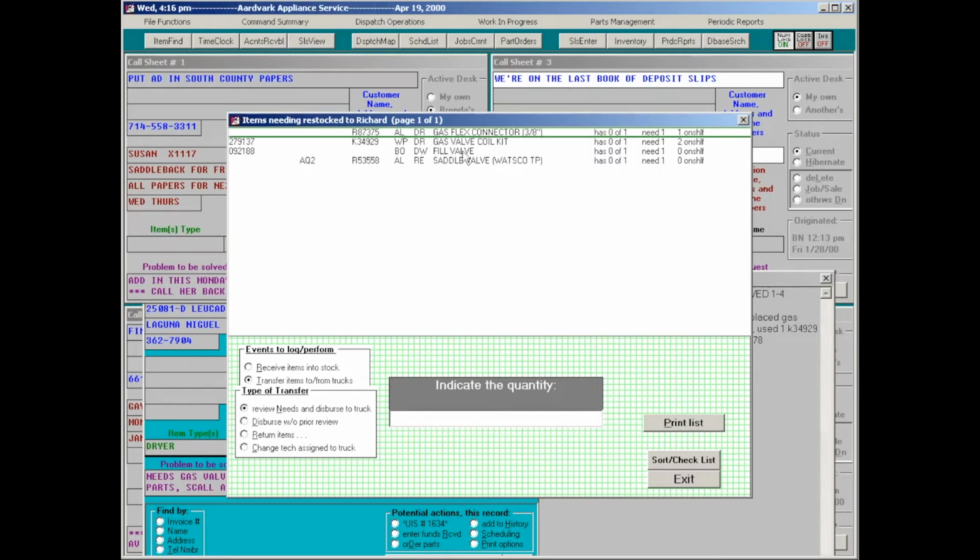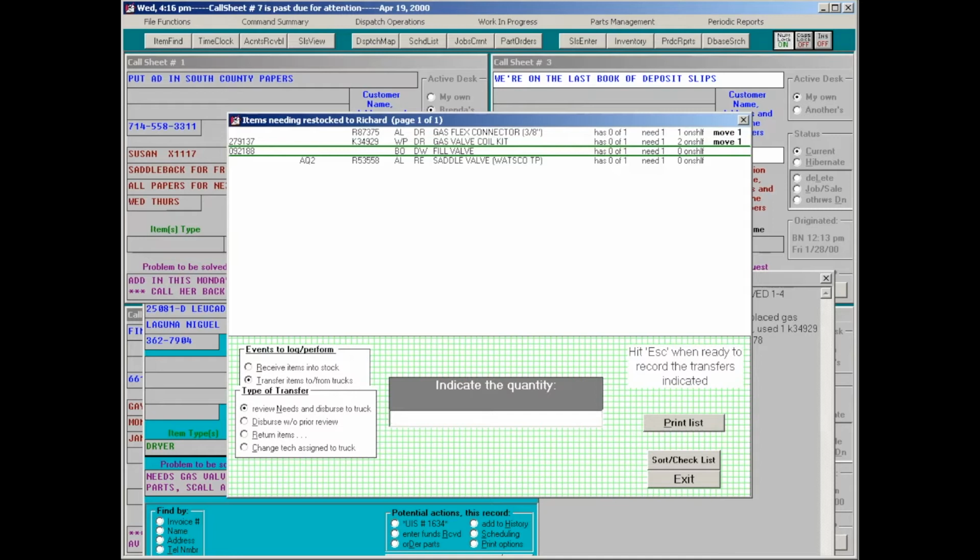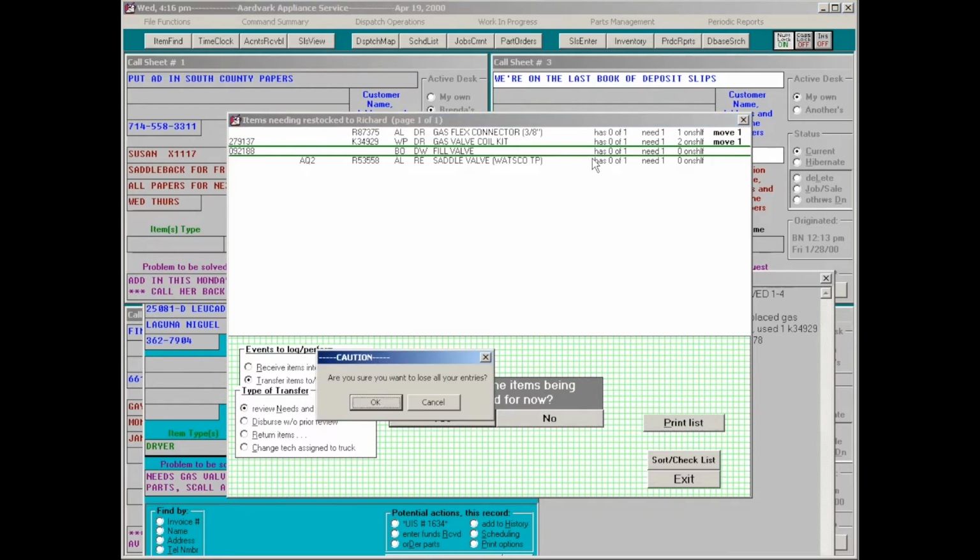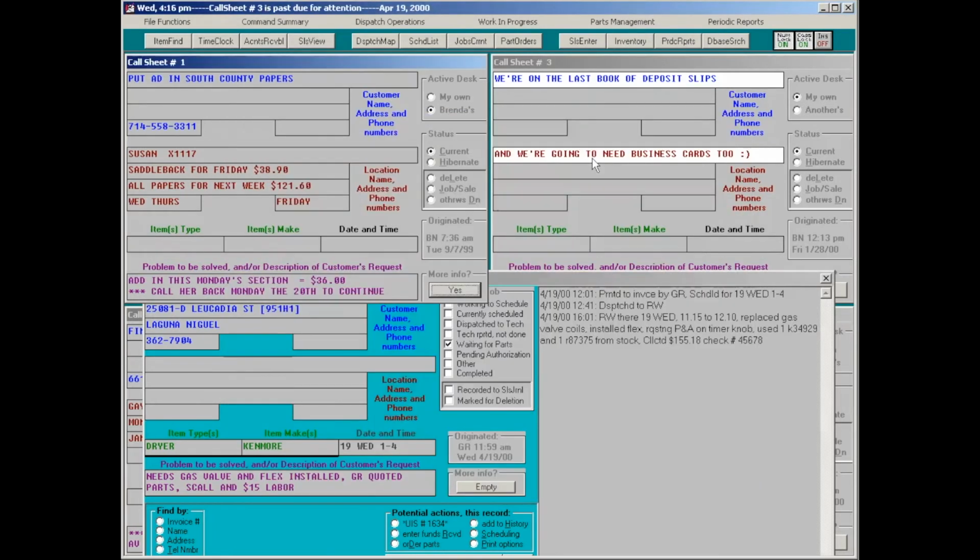I could quickly print this list, or if it's just a few items like this, remember what's on it. Walk into my storeroom, pull these items off the shelf, and let's say I gave him one of these. I just hit one enter, and so on, to indicate that I'd moved those items to his truck. Actually, I'm getting ahead of myself, because this is part of what I want to show you in more detail in a couple of minutes. I'm just going to escape out of here right now because I want to go back and show you